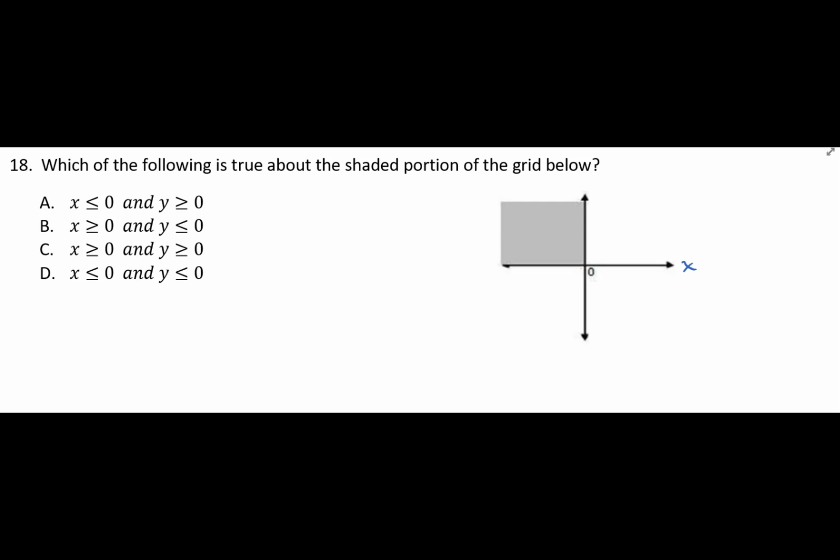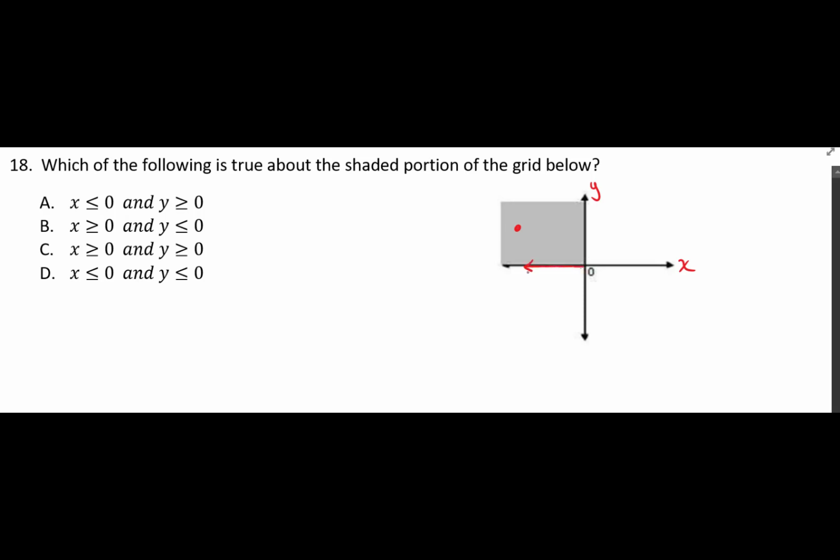Which of the following is true about the shaded portion of the grid below? The grid below is broken up into quadrants by two lines. The horizontal line is the x-axis, vertical line is the y-axis. So when you're plotting a point and you want a point in the shaded region, we would have to follow